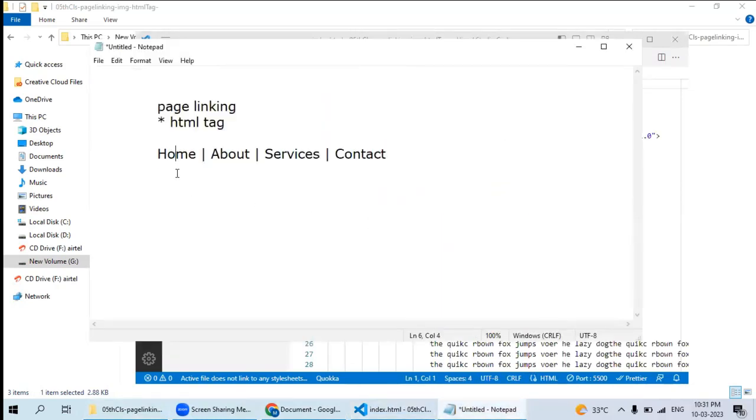When we want to create the first page, it would be a home page, but we need to define that home page as index.html. And the rest of the pages: about.html, services.html, contact.html, like that. But the home page, we have to rename that file name as index.html, because when we want to host this